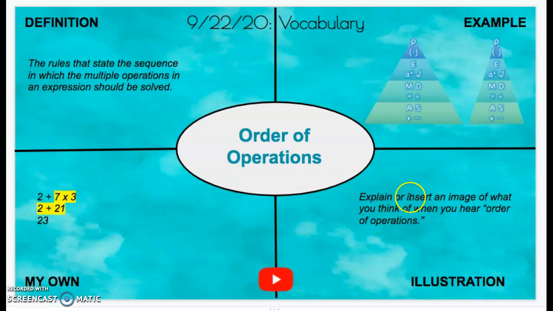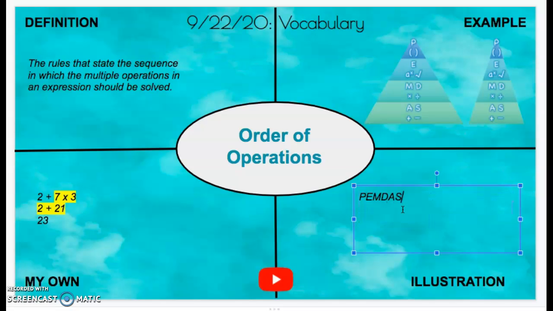Now let's take a look at the illustration. So we can either explain or insert an image of what you think of when you hear the order of operations. So when I think of the order of operations, I think of PEMDAS. So I think of please excuse my dear Aunt Sally. Please excuse my dear Aunt Sally. Which also means